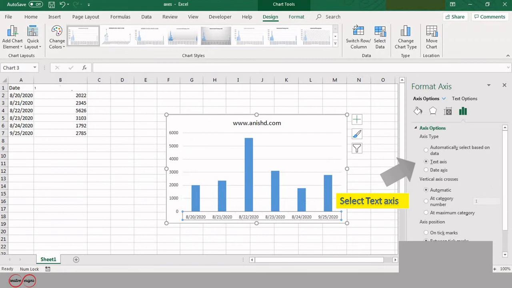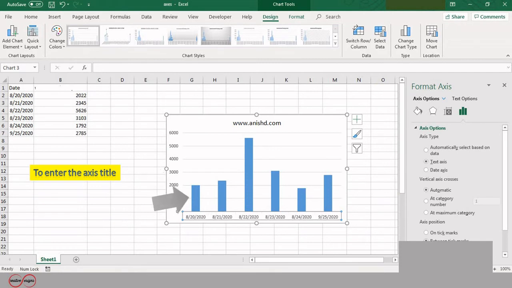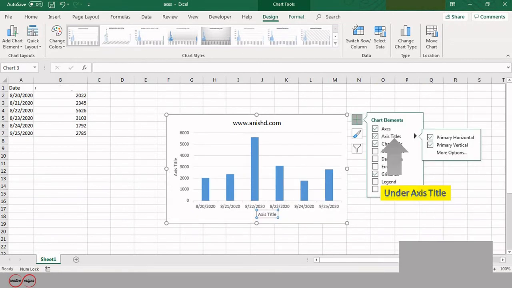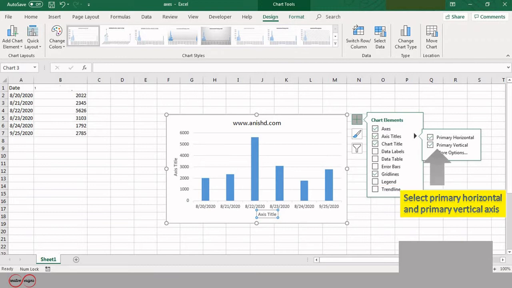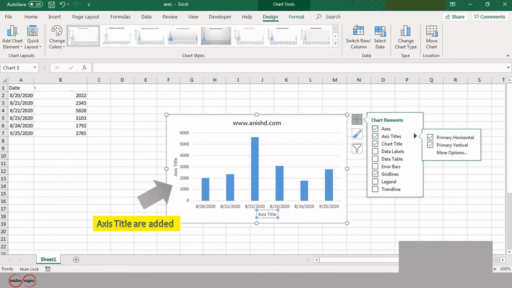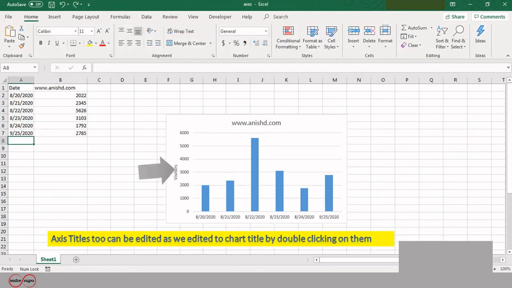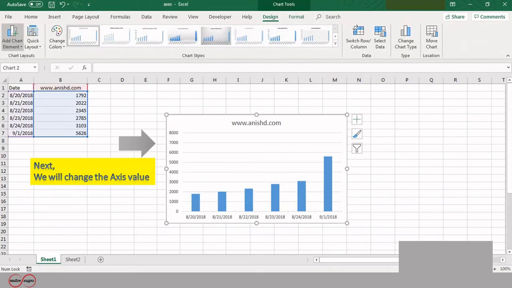Now to enter the axis titles, click on this plus sign and select Primary Horizontal and Primary Vertical. The axis titles are added. They too can be edited, as we edited the chart title, by double clicking on them.